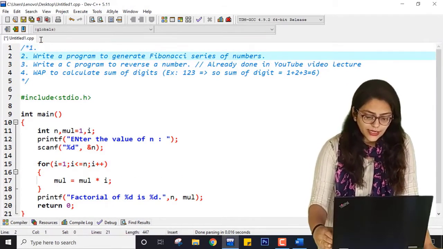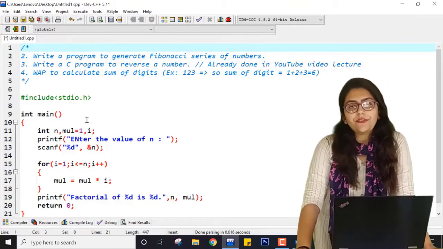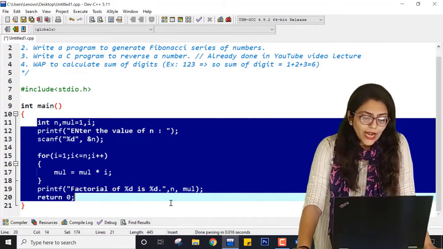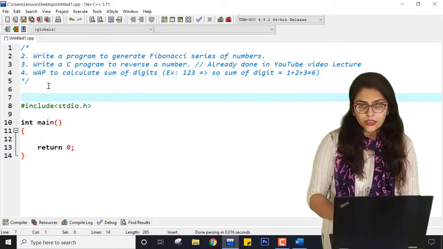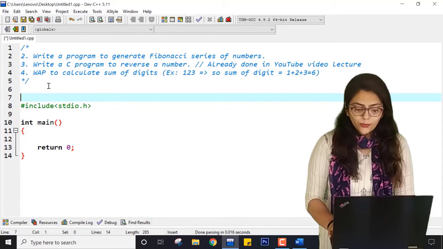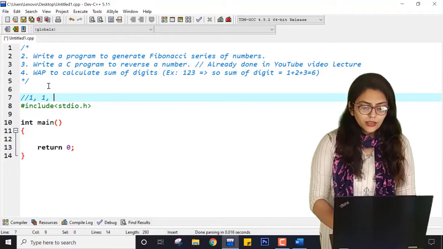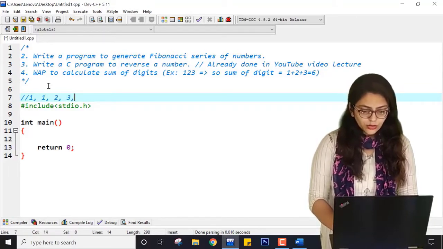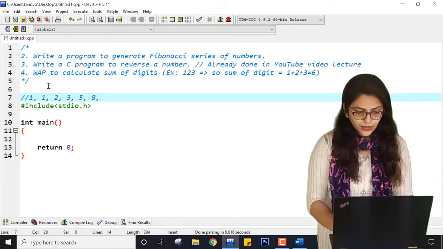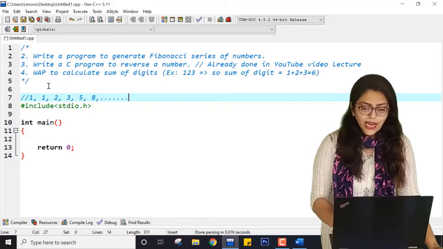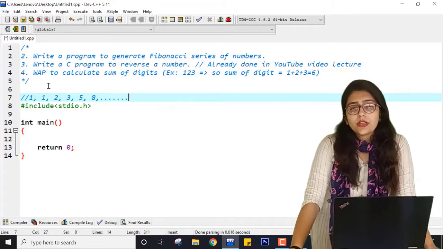Right. Now what is the second program? Second practical is all about writing a program to generate Fibonacci sequence. Now to write any program, first I must know what this Fibonacci sequence is. So those students who are not aware of this sequence, I want to tell you that Fibonacci sequence is nothing but the values 1, 1, 2, 3, then 5, then 8, then can anyone guess what will be the next number? Right? So if you can guess the next number correctly, that means you understand the logic.